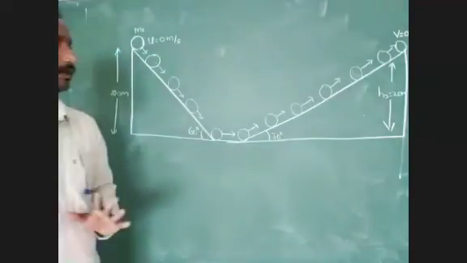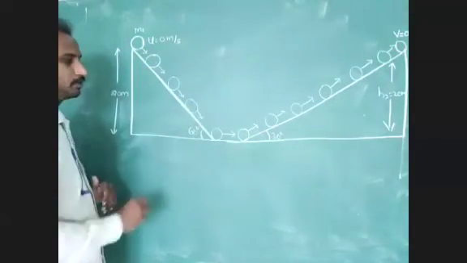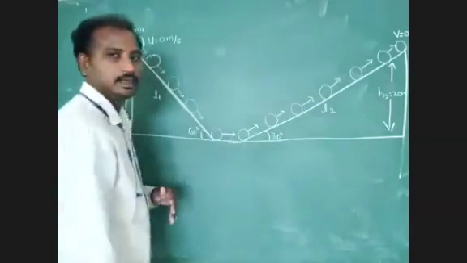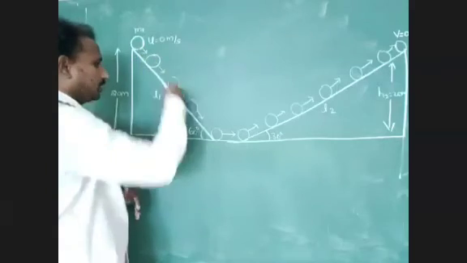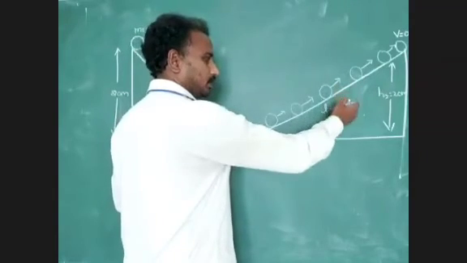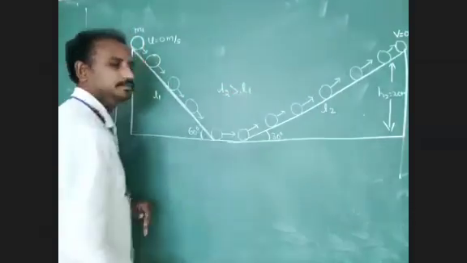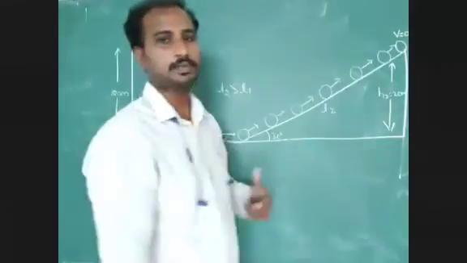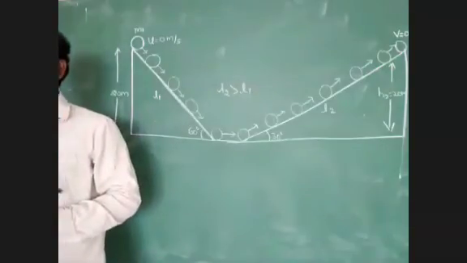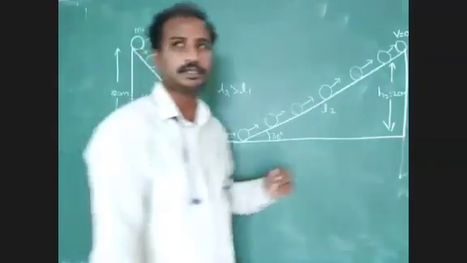So identify this example problem. Here we can identify the length of the inclined plane: length of inclined plane surface L1 and length of inclined plane surface L2. Distance traveled by this body on this inclined plane surface is L1, and distance traveled by the body on the second inclined plane surface is L2. This L2 value is greater than L1. In the first example, we consider both inclined plane surface lengths to be the same. Understood? Note down this example.